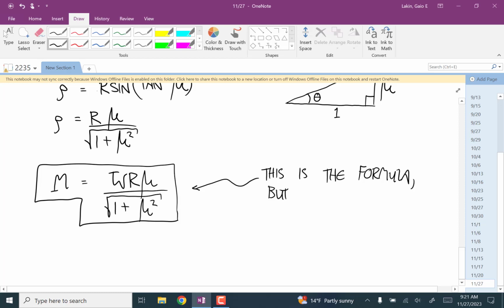But just like for the square threaded screws, I want you to know this derivation. It's not too hard, you know. I want you to go through the derivation. Okay, so